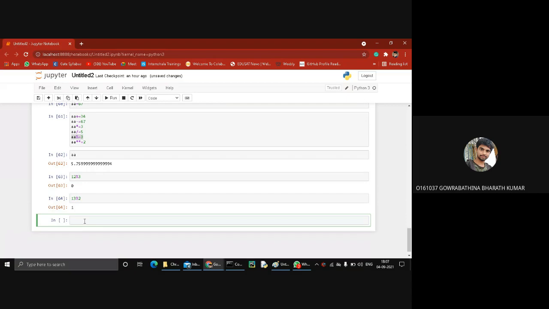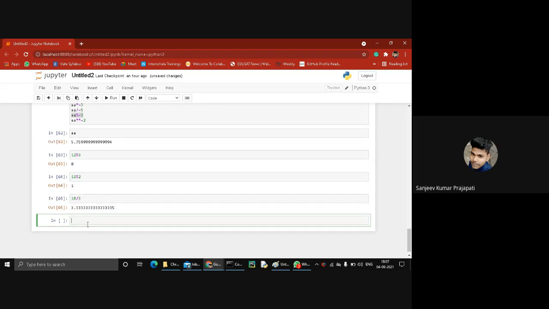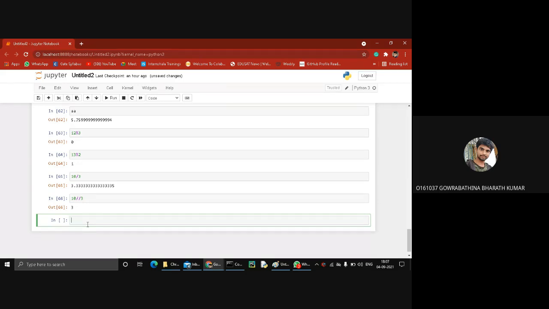Sir, how to get the ceil value when we are dividing numbers? I mean, we have floor division, right? Floor division returns only the integer value. For example, 10 divided by 3. Run it, then you see 3.333. But when we perform a floor division, we get only the integer form, that's 3. In the same way, how do we get the ceil value?